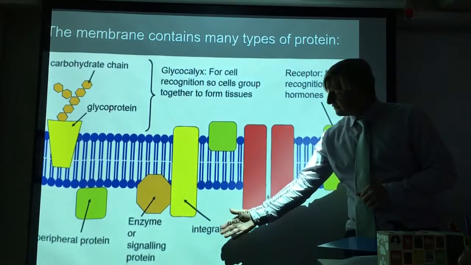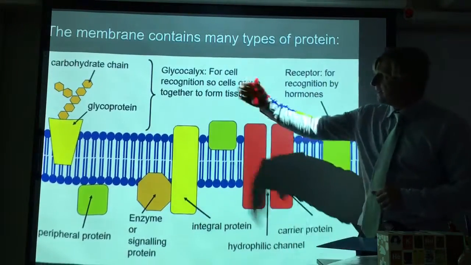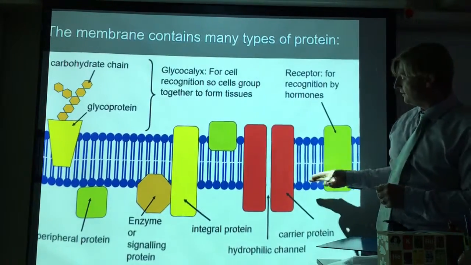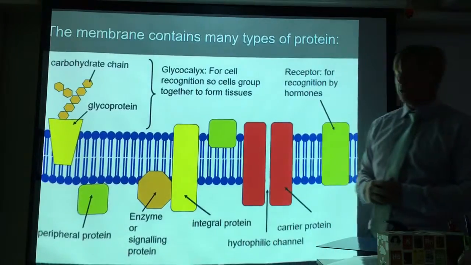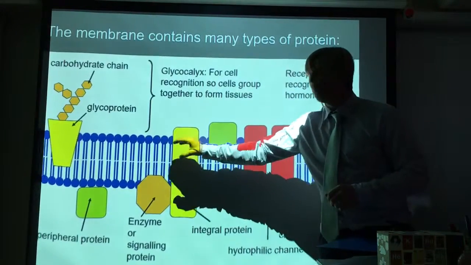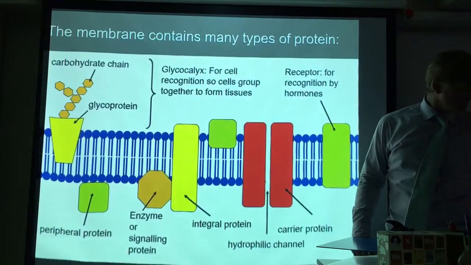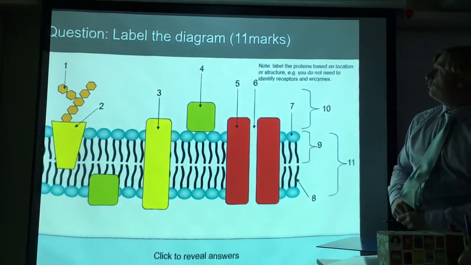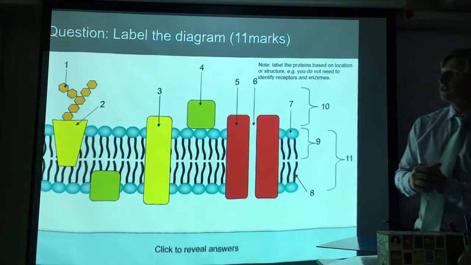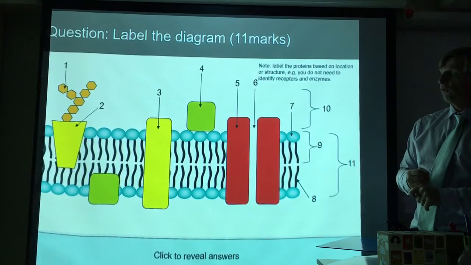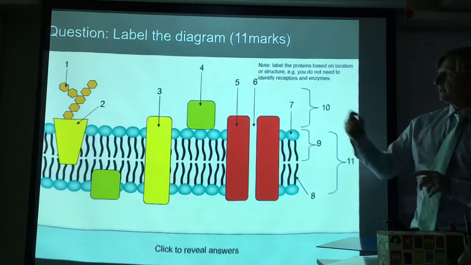Remember, this is the inside of the cell, so this is aqueous, and this is the extracellular outside of the cell, which is also aqueous, and that's why the phosphate heads are aligned that way. This would be a really oily film in between them. Okay. Now, do you think you could label those in terms of the glycoprotein and what's it for, the channel protein,